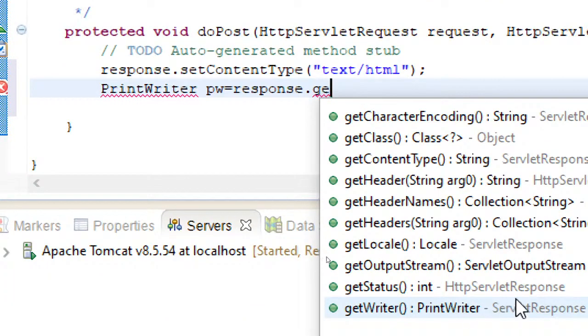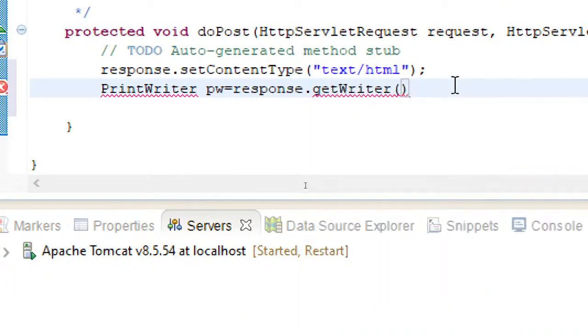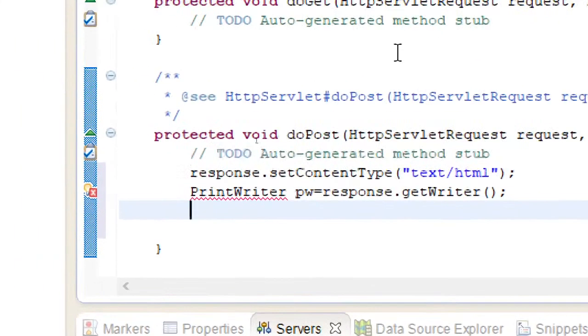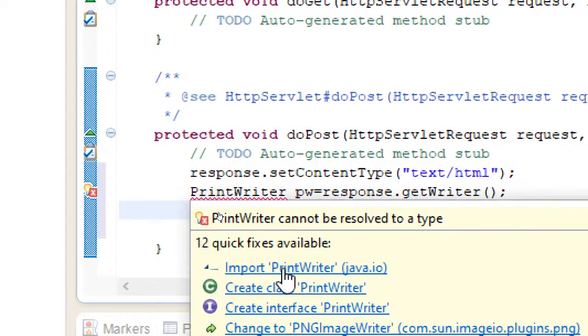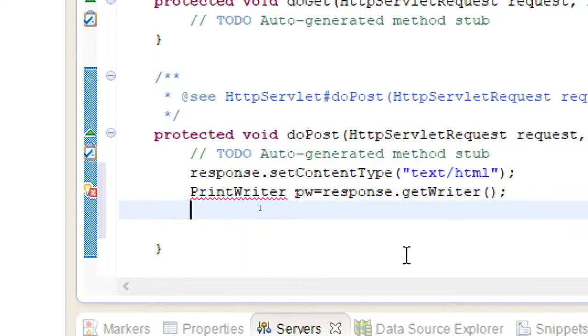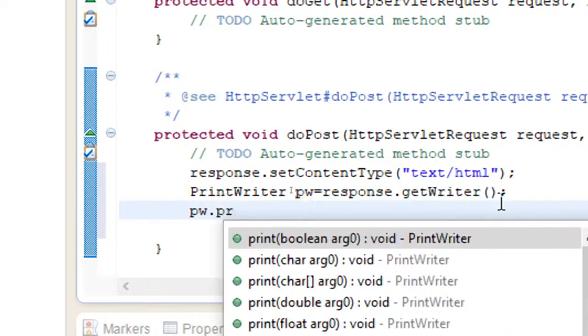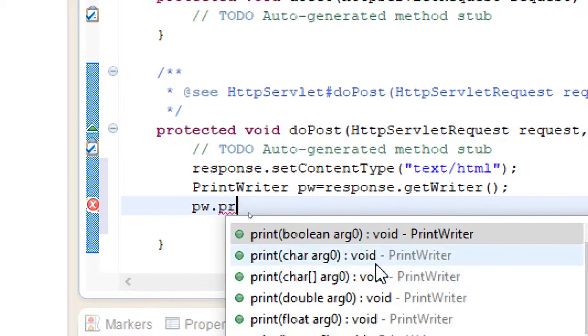I'm using this getWriter method in order to get the instance. If you move here, PrintWriter is from the java.io package. So just select that, and automatically it gets imported. And now I'm using pw dot, so print or println you can use.